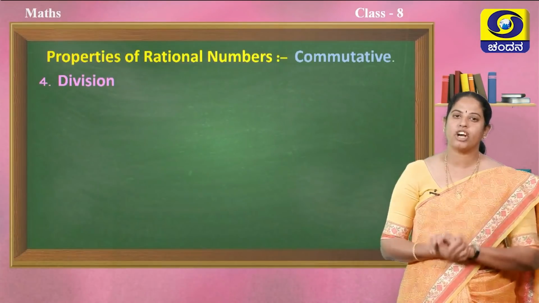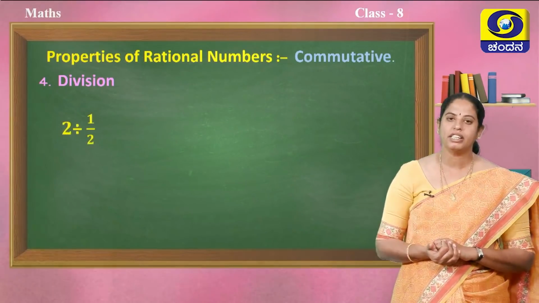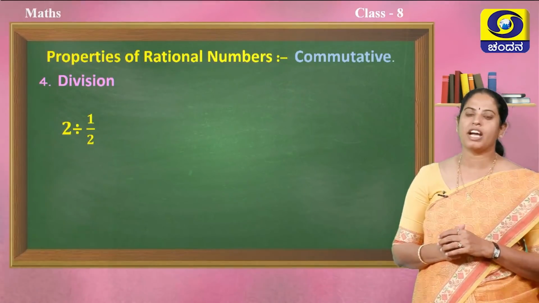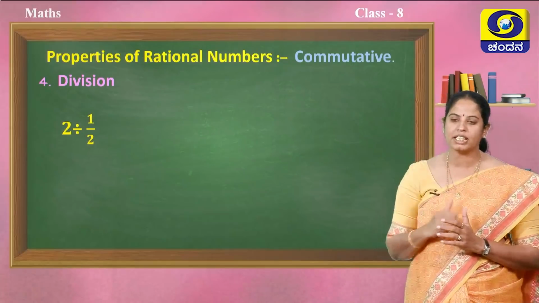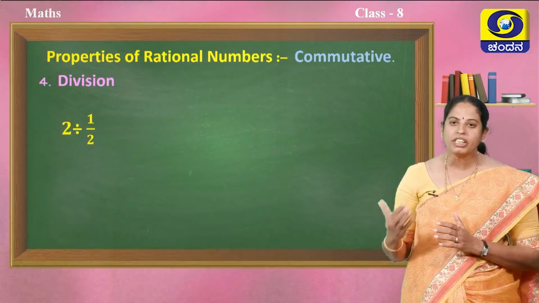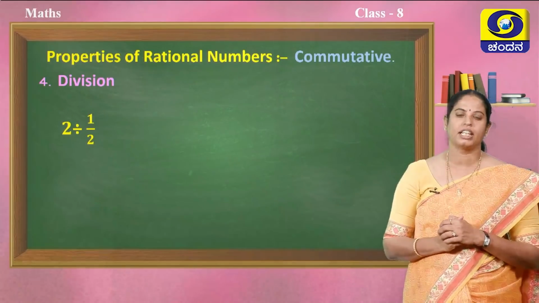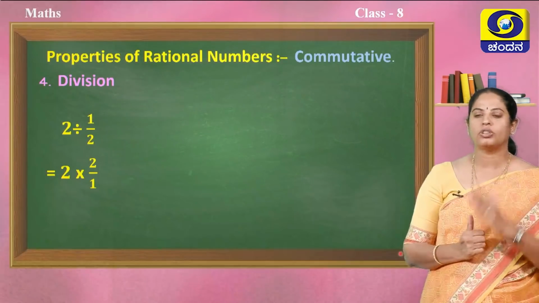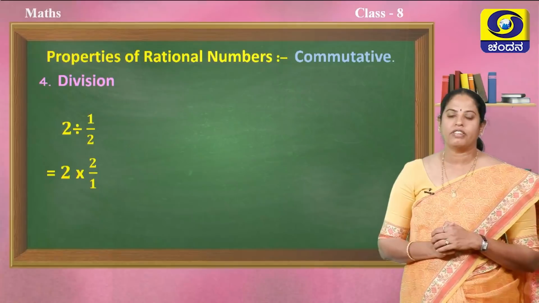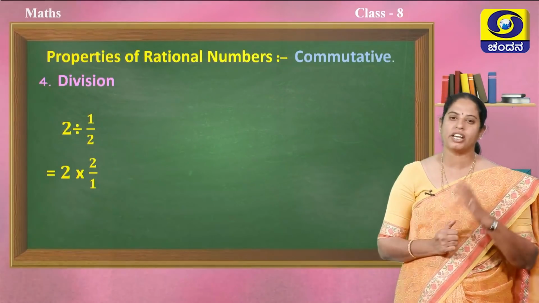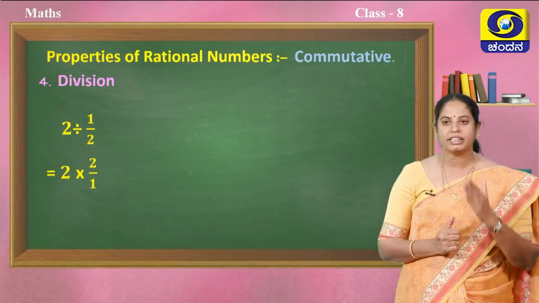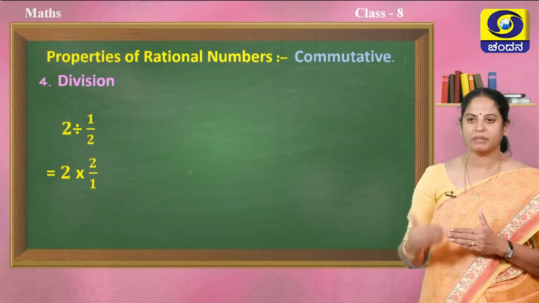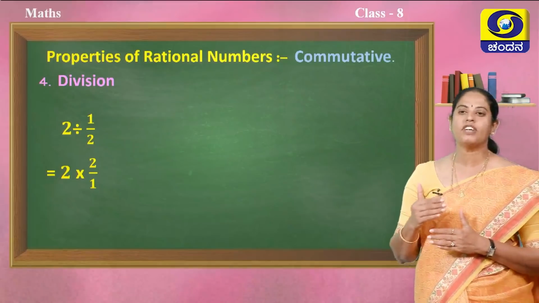So, the next basic operation is, yes, you are right, it is nothing but division. Let us verify with the division. When 2 wholes are divided into halves, how many halves are there in the 2 wholes? Let us check. 2 divided by 1/2. 2 is a rational number and 1/2 is a rational number, we know. So, when we divide a whole number or a fraction or a rational number by another rational number, we consider the reverse of the division, that is multiplication, because multiplication is the inverse of division.